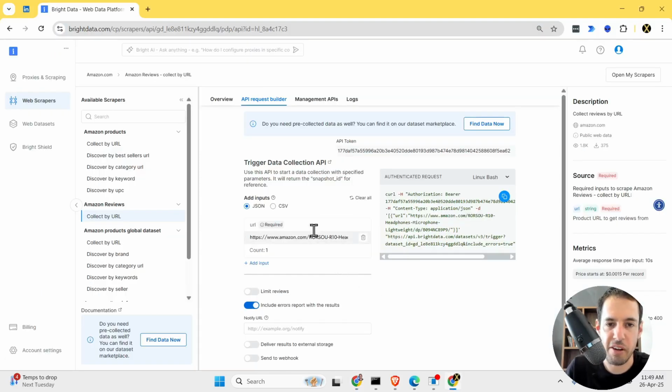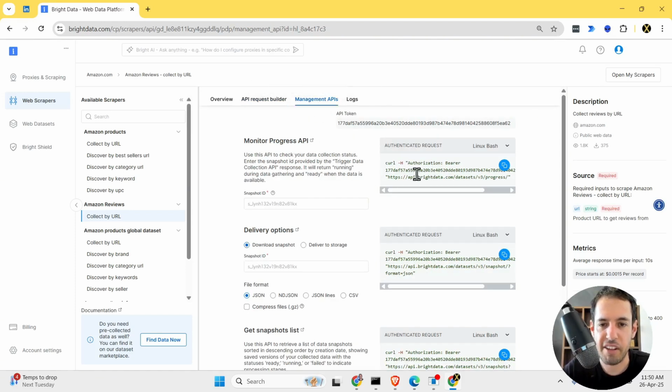Now, how this looks on the Bright Data side: if you've seen my recent video, Bright Data offers a lot of different scrapers out of the box. Specifically in this instance, these are all the scrapers that they provide for Amazon. Here we are going to use this scraper which collects Amazon reviews. So this is how it looks. If you want to build the batch command, which I already built and added to the n8n workflow, you just add the URLs, and basically you take this,